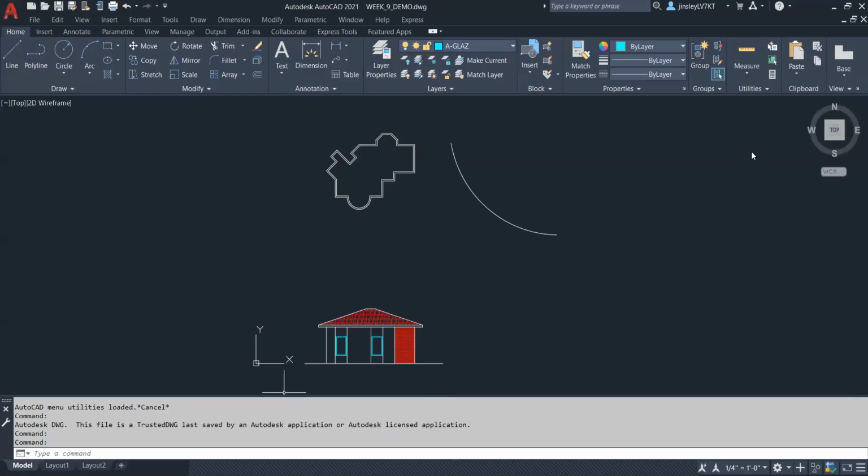Okay, so what we need to look at today is we're going to talk about dimensioning. And in order to do that, we're going to need to create a proper annotative dimensioning style that we can use for our demonstration today during class, and that you will also be able to copy over to your template file as well, so that you can use it for your term project when it comes time to add dimensions